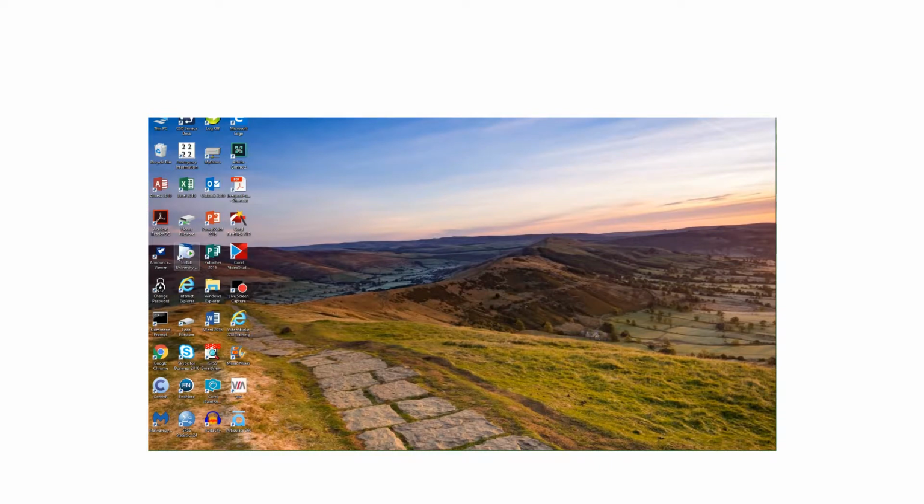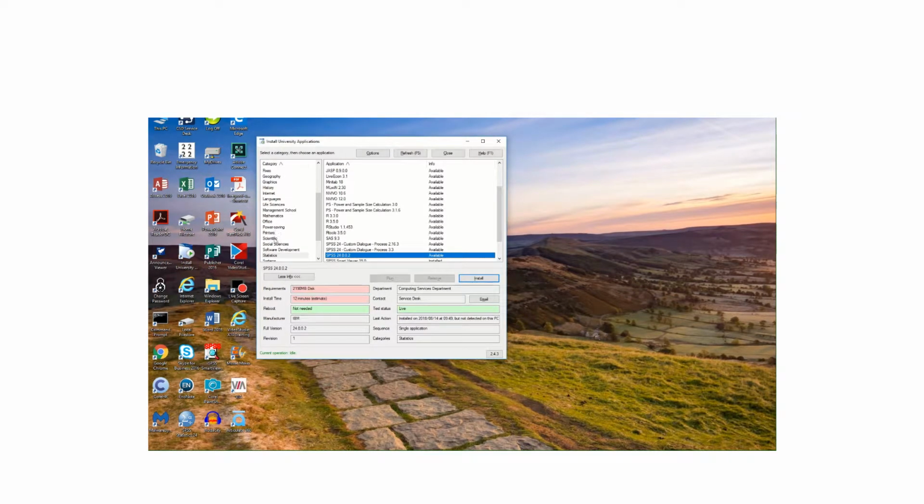If SPSS is not installed and you're on a university computer, you go to Install University Applications, you find Statistics down here on the left menu, and then you would choose the latest version, which in this case is version 24. It can take up to about 12 minutes to install on a university computer,